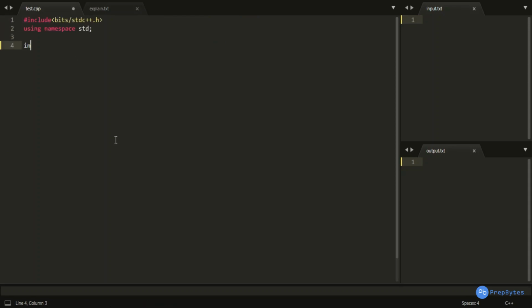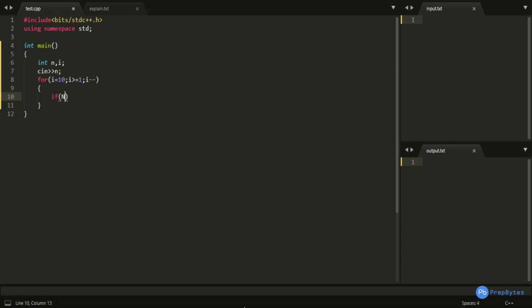Let me include the libraries and then int main. Here we are having only n as input, cin n, and then we would be having a looping variable also, which is i. Okay. And for i equals 10, i greater than or equal to 1, i minus minus, as explained in the pseudocode, I would be trying the larger numbers first and checking if n is divisible by that particular number or not, and accordingly I will decrement this i.